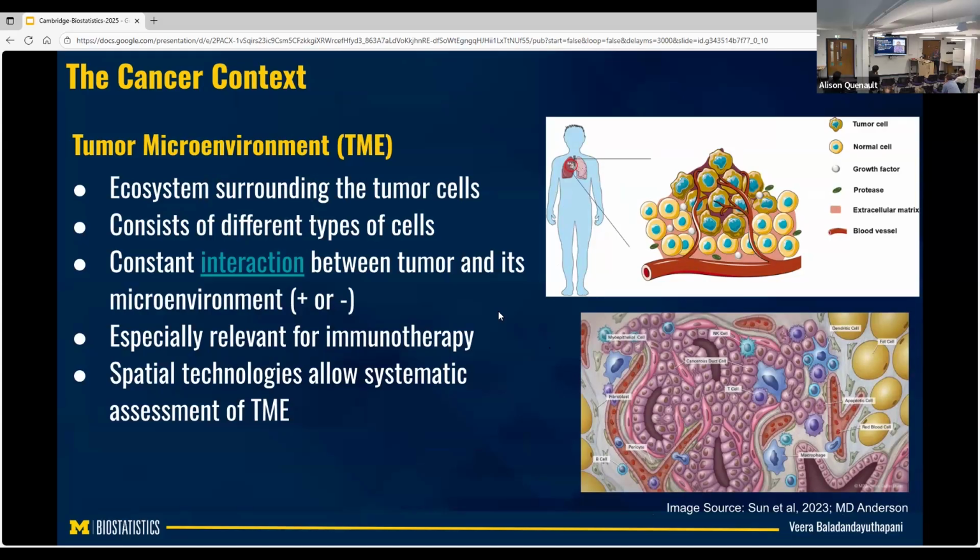That's the T cells, B cells. Even in non-cancer, they have specific functions. Your body fights against disease, especially in this context of immune reactions. So there are a lot of different types of cells, and the key point here is that there's a constant interaction between them. A positive interaction would be them coming together, and a negative one would be them repulsing each other. In cancer, tumor cells form, and then the hypothesis is there's a systematic recruitment of these different types of cells, and some are good, some are bad, right?